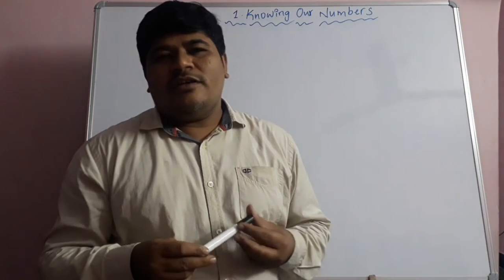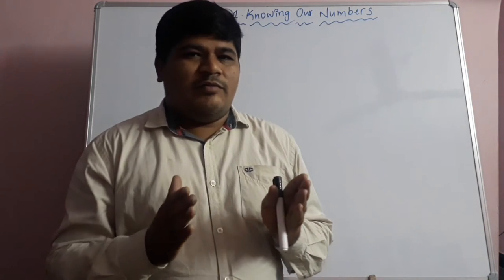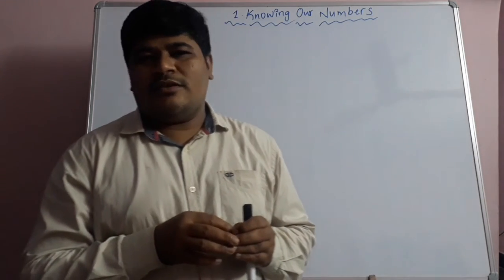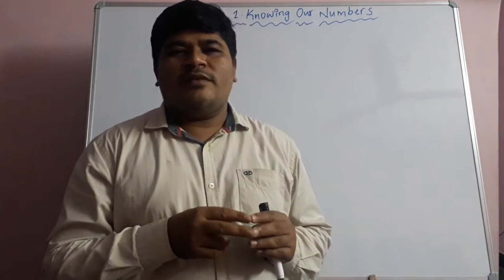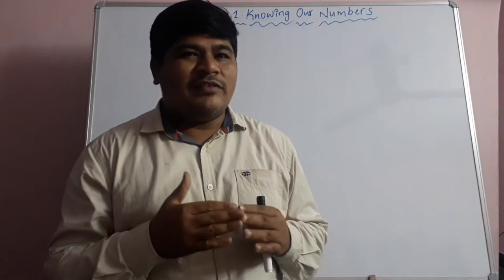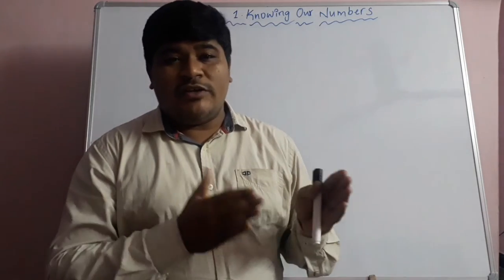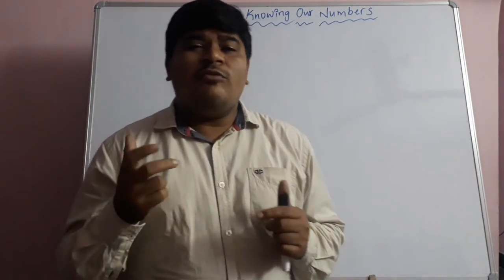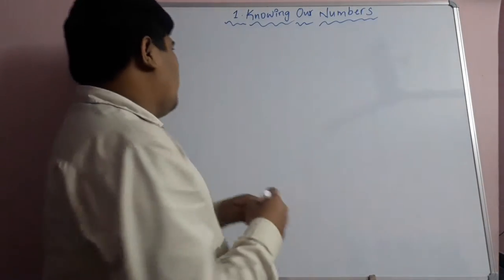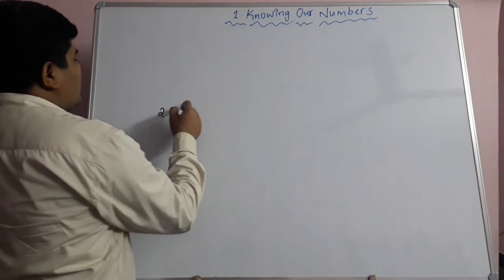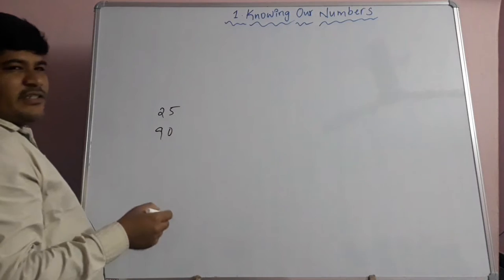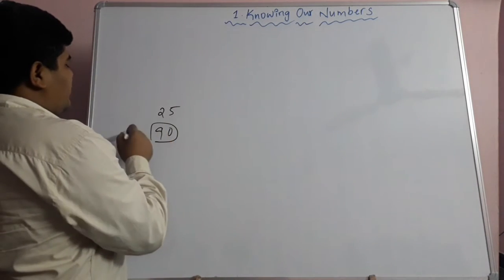Children, suppose you wrote a mathematics exam which is conducted for 100 marks. Suppose two students are there, A and B. A got 25 marks, B got 90 marks. So what will we say? B is a good student. Out of 100, one student got 25, one student got 90. Here we are comparing those two numbers. So here who is the good student? The 90 marks student, B.